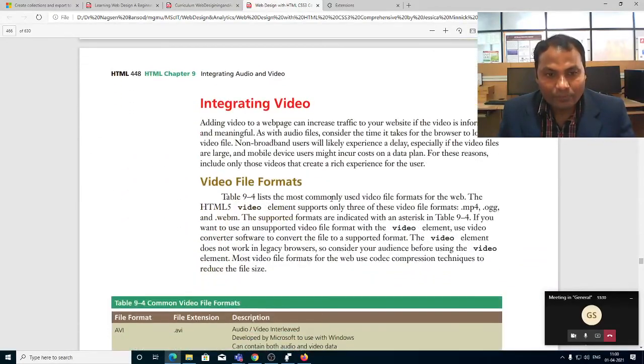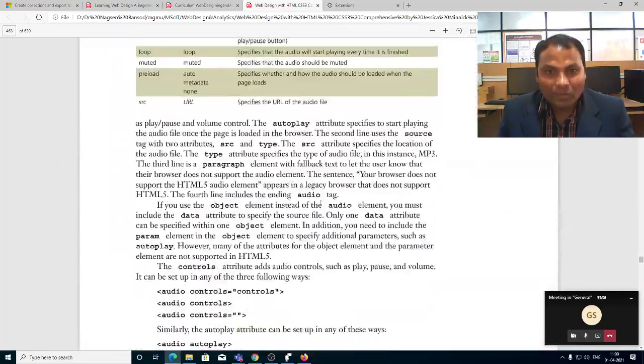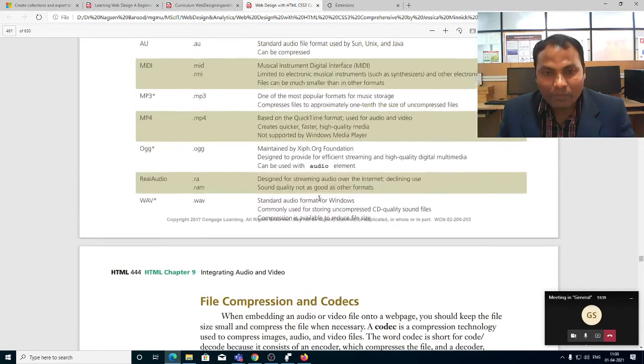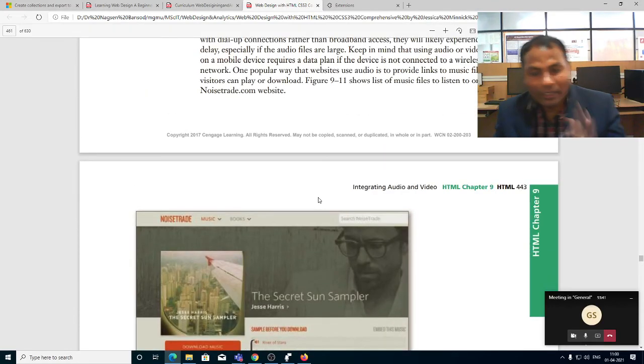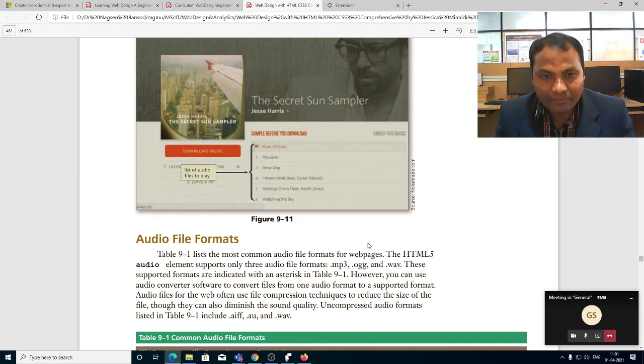Is there any doubt? But you have to practice the basic things. You have to design a basic, simple web page, and in that you have to add video, audio and photographs simultaneously for your practice. Otherwise you will not understand how to add audio, video and images, how to set background colors, how to add frames, how to design forms. All these we have already studied. We saw in some previous lectures all these, forms, creating tables. You have to practice with that.